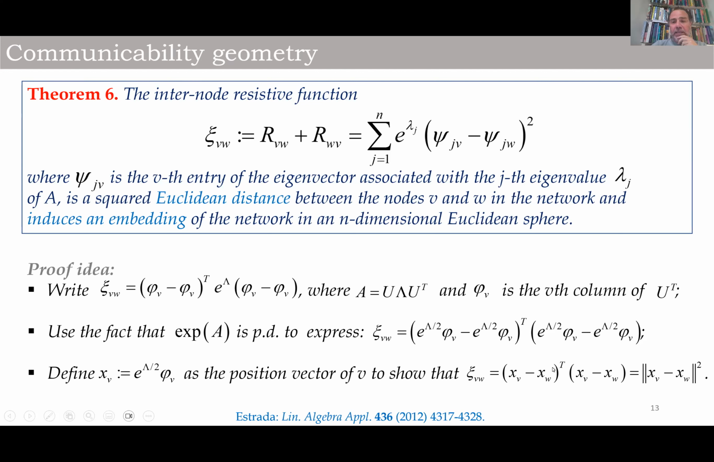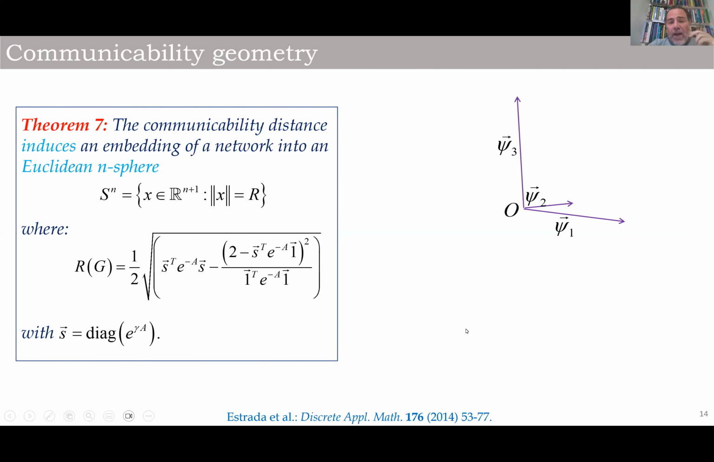And here you have that it is the square of the Euclidean distance between the corresponding nodes. So we have proof that this Euclidean distance induces an embedding of the network into an n-dimensional sphere. So the nodes of any network with n nodes could be embedded into the surface of one n-dimensional sphere, such that, as we will see here,